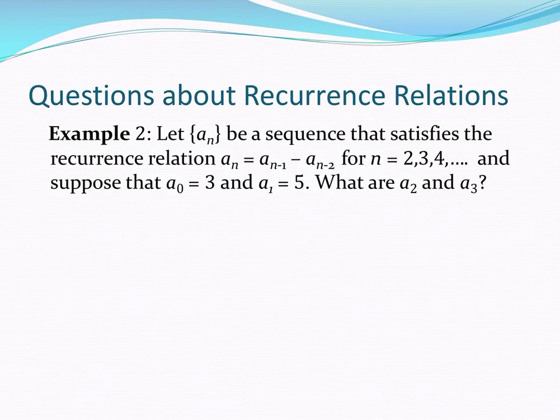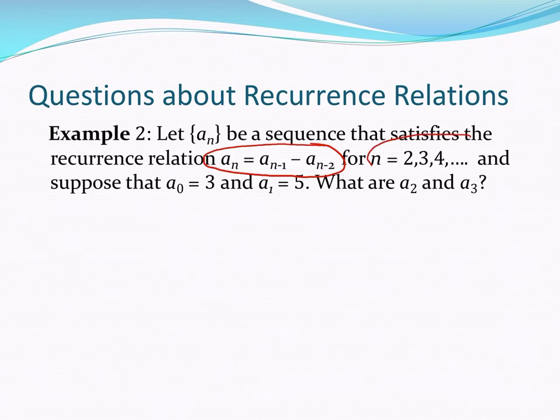We're in Rosen, Discrete Mathematics and its Applications, section 2.4 on sequences and sums. We are continuing our discussion about recurrence relations. In this example, we have a recurrence relation such that the nth term is defined by the two prior terms. So it's equal to a sub n minus 1 minus a sub n minus 2, and this will only be